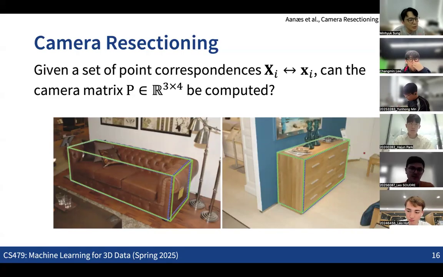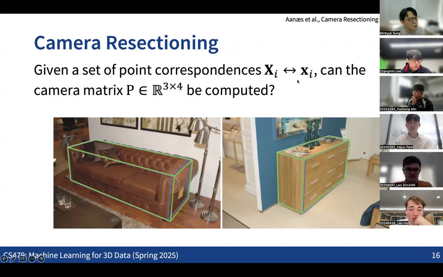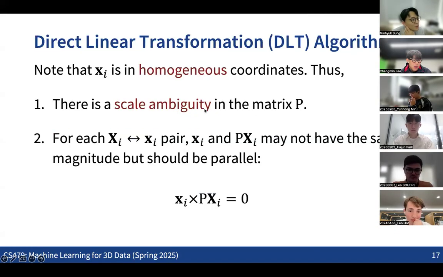So the first thing that we are going to see is, given some 2D to 3D correspondence. So when you know some points in the 3D space and their 3D coordinates, and you also know where these 3D points are projected over the image plane, how can you calculate the camera matrix P based on a bunch of 2D to 3D correspondences? This is also what we have briefly seen last time, but if we get into some more details,